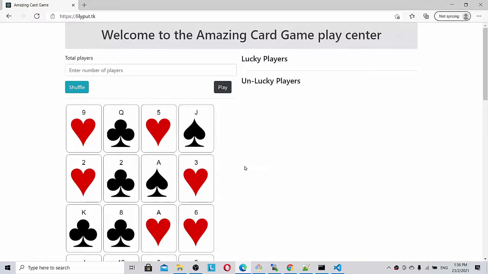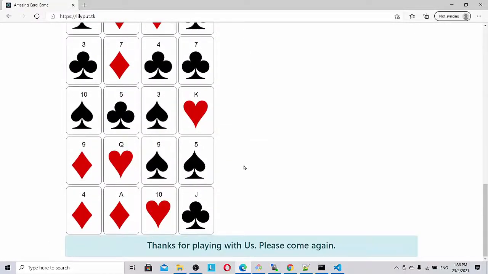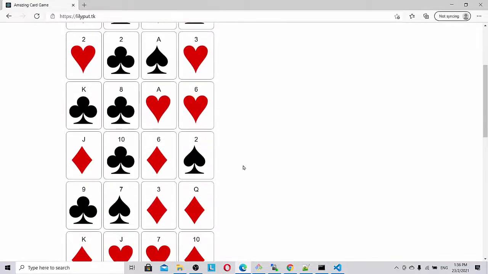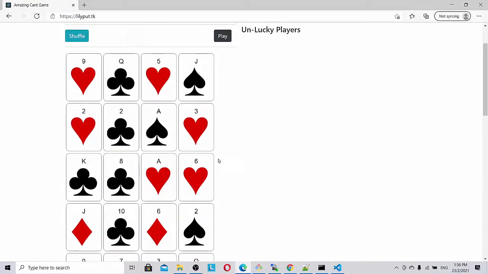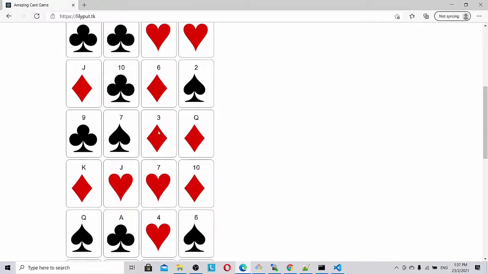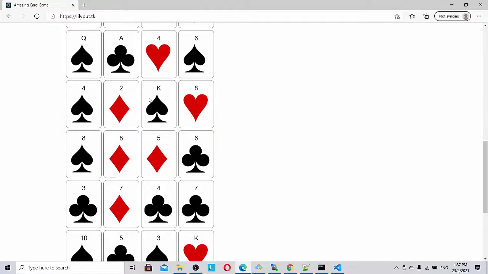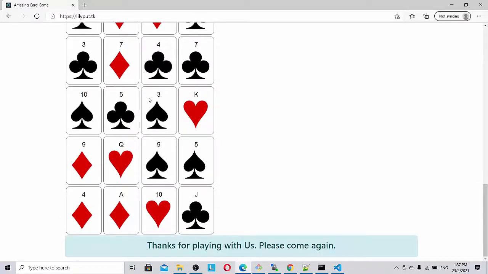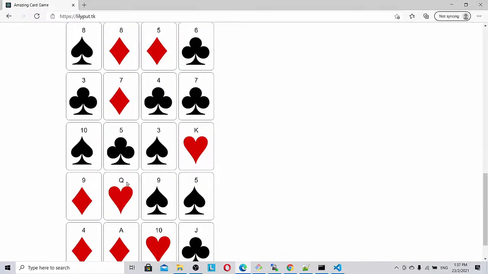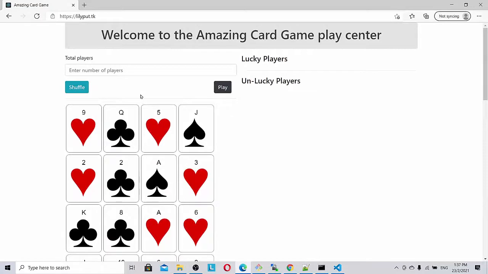As you know, any playing card will have four sets of cards numbered from 1 to 13, and you can see I have numbered the Ace card, or number 1, as A, and we have Jack, J, and somewhere you can see King is K, and then you can see a Queen somewhere. Yes, you see a Queen here. So this is how the numbering is done, and let us play the game first to see what we are going to make.